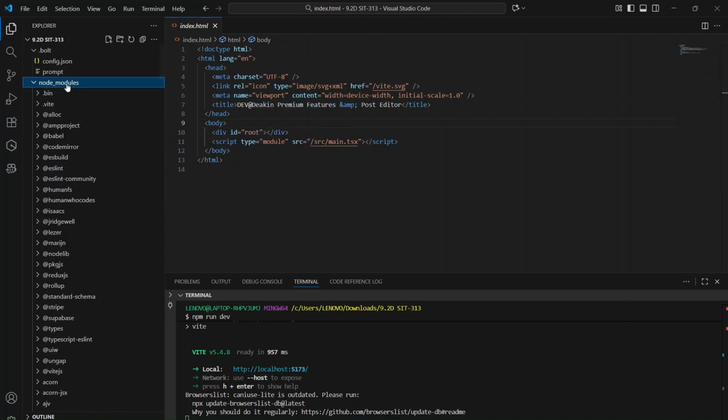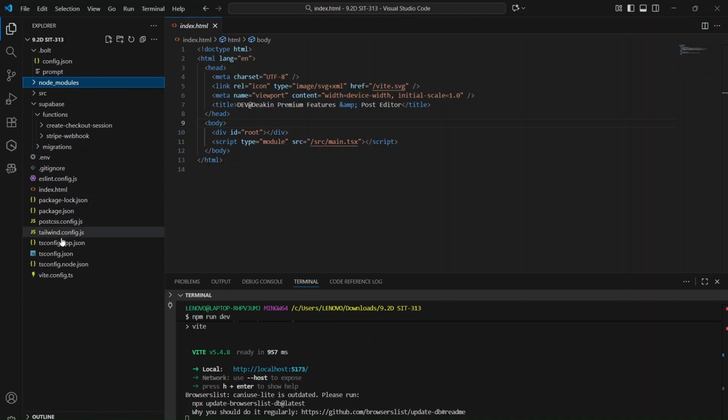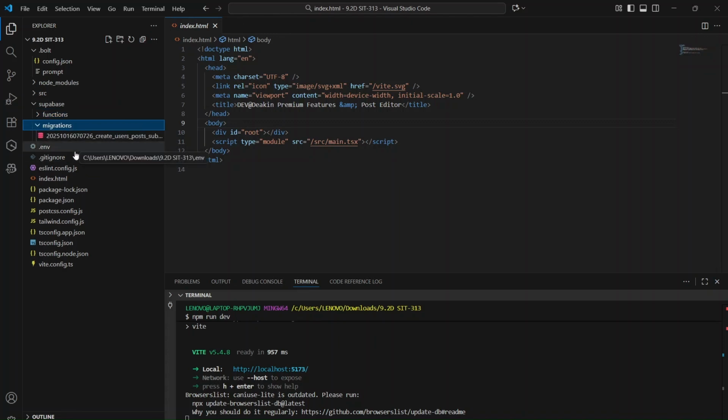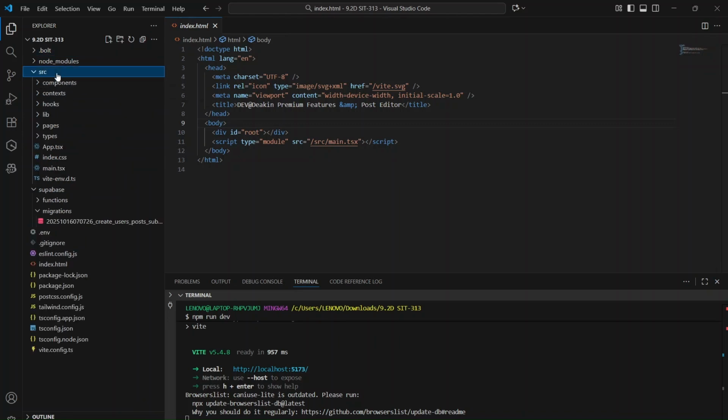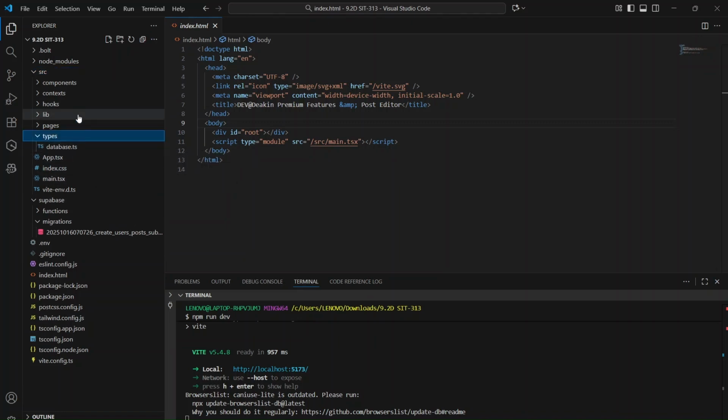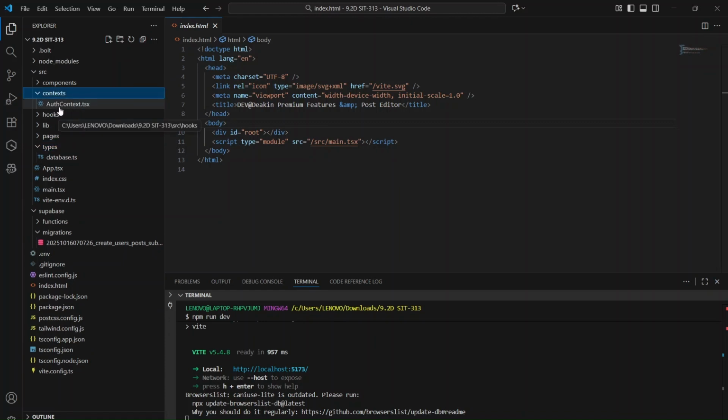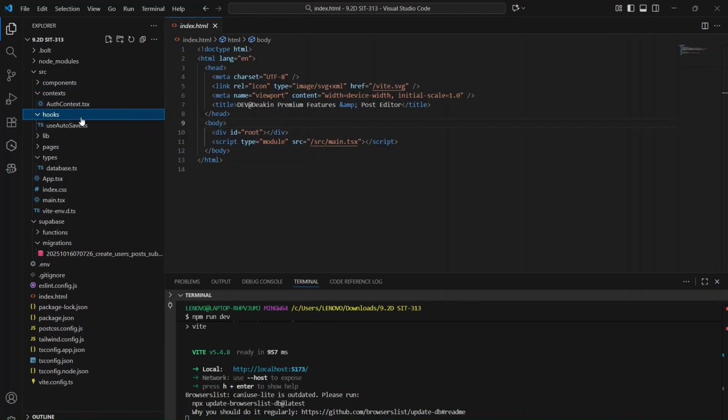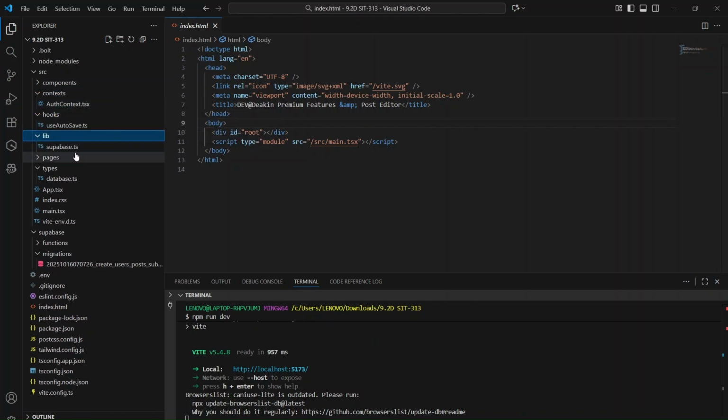Obviously, in the node modules, we have all the node modules established here. And also we have used Supabase as the functionality to migrate all kind of user posts. With respect to that, we have also used the source library where all the app.tsx, index.css, and main.tsx files are being introduced. If we talk about each and every hook, there are some things. For instance, context has its authentication context.tsx. With the same we have hooks, with the same we have library, and with the same we have